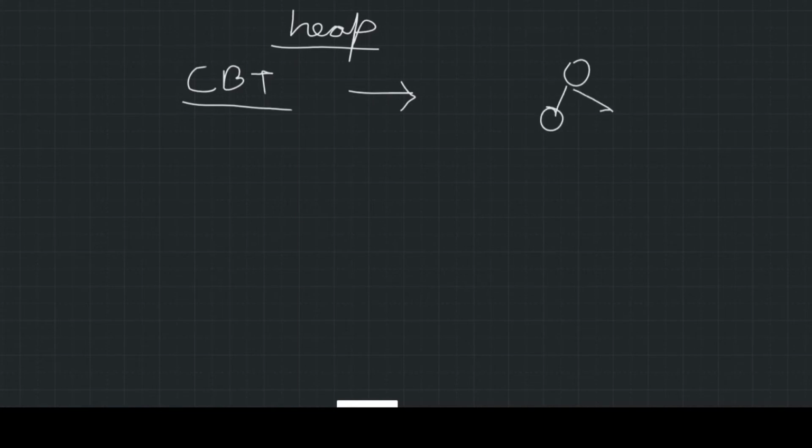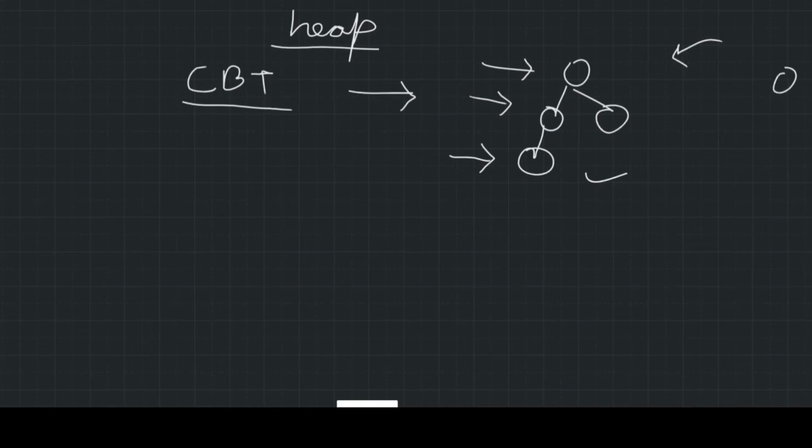So this is a simple binary tree, and this binary tree is said to be complete when at each level there are the maximum nodes. All the levels are filled completely, but if we look at the last level, this level is not filled completely. If the last level is not filled completely, then whatever nodes are available at the last level will be on the leftmost side. So this type of binary tree is known as a complete binary tree.